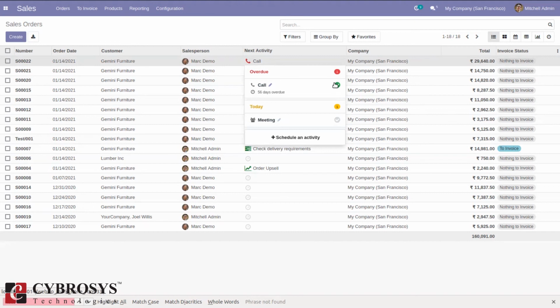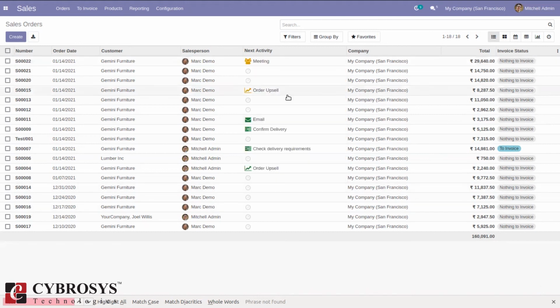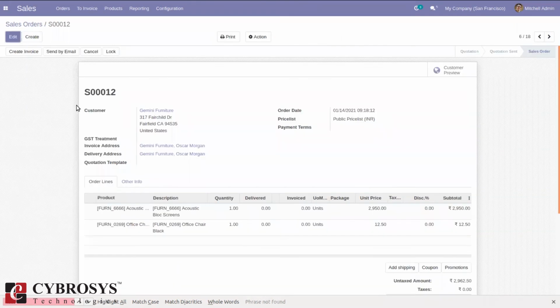We can just click on this and we can click as done and schedule next or done. So you can see it is removed from this list. And inside the form also, that is when you click on,